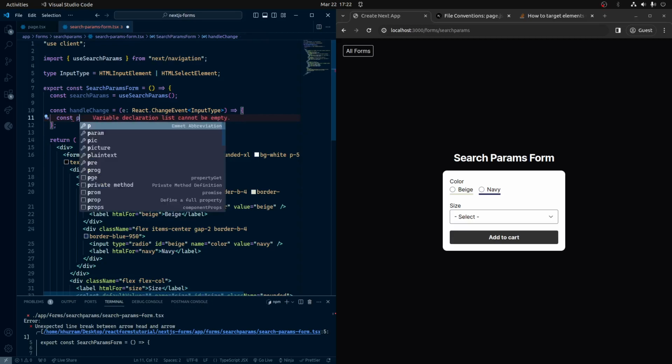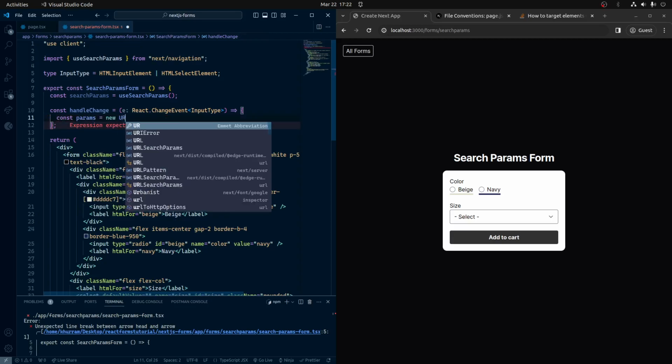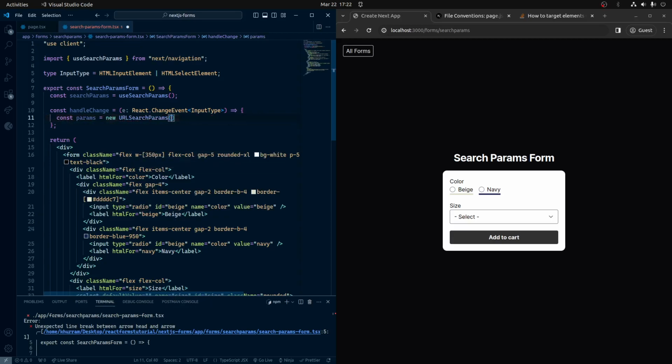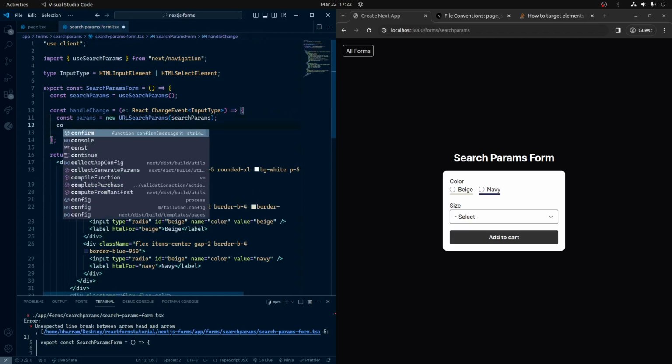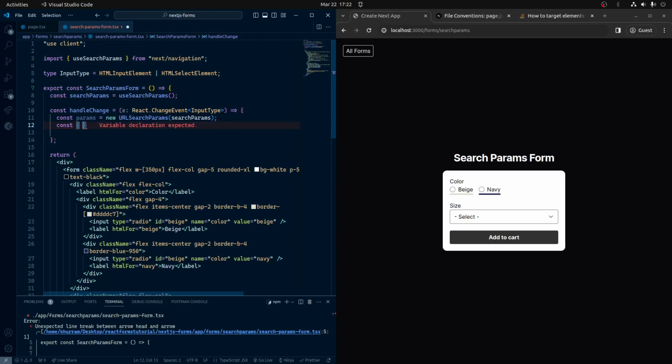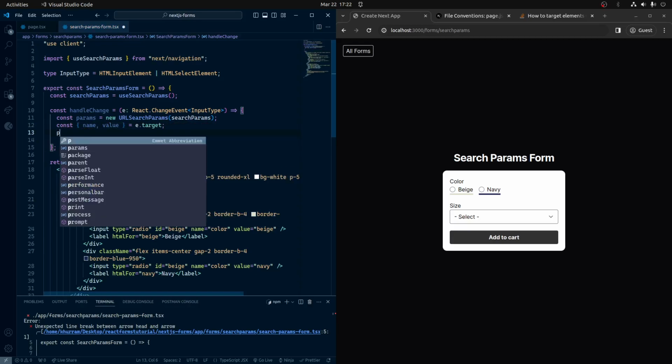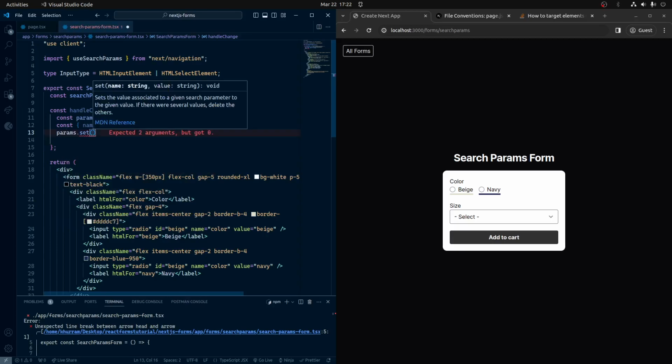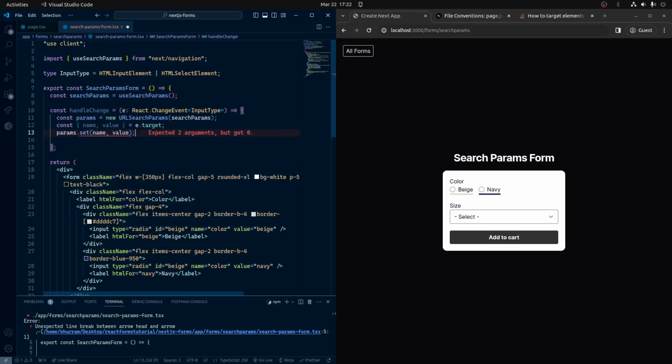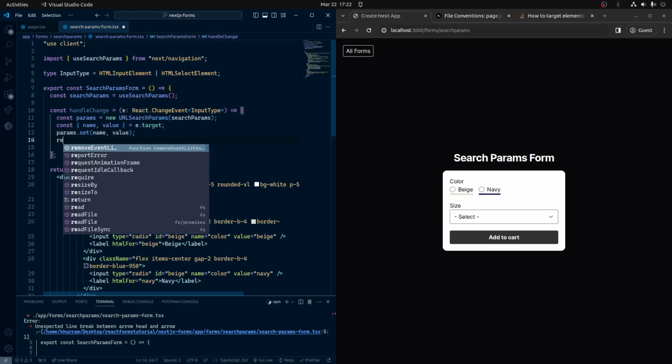No, sorry, const params will be equal to new URLSearchParams(searchParams), and then we can destructure the name and the value of our e.target, and then we can set the params to name, value, and then we can replace the params